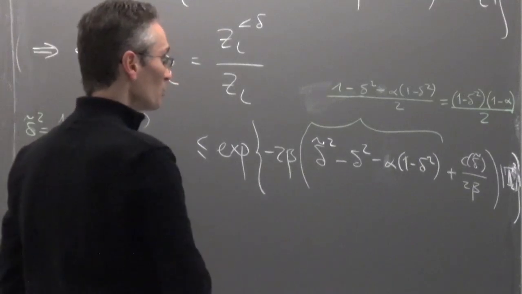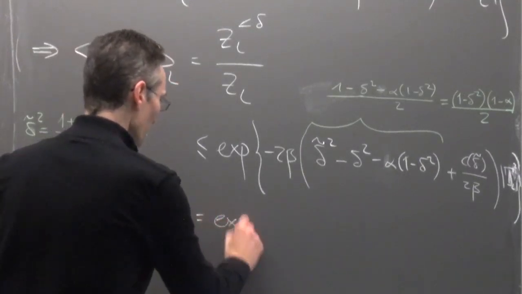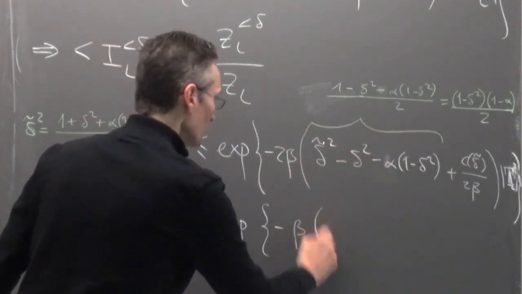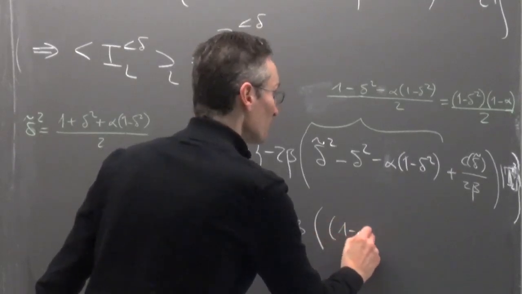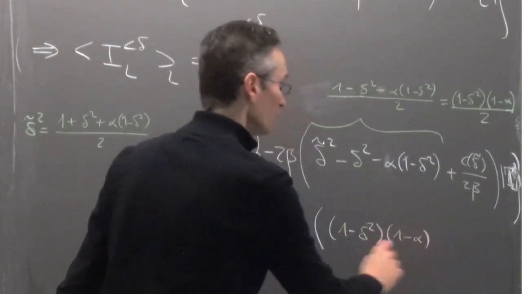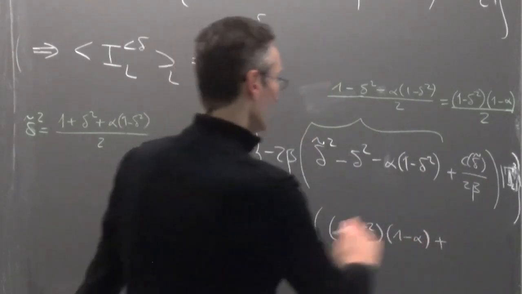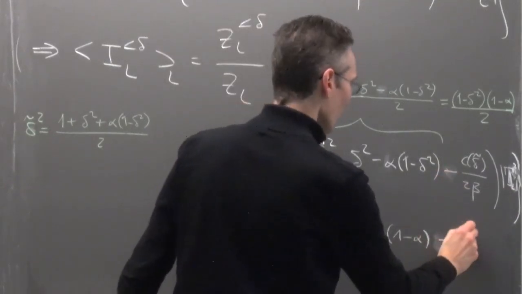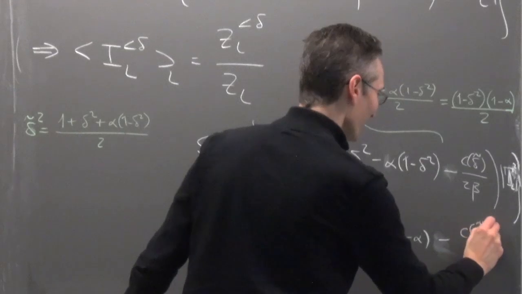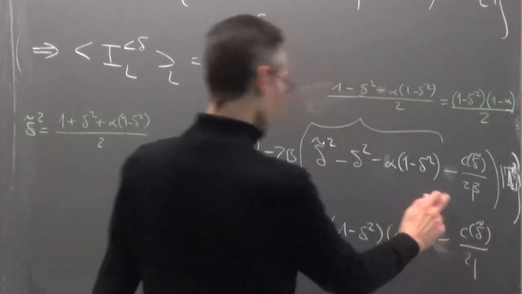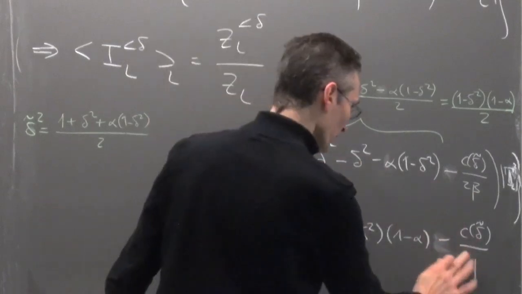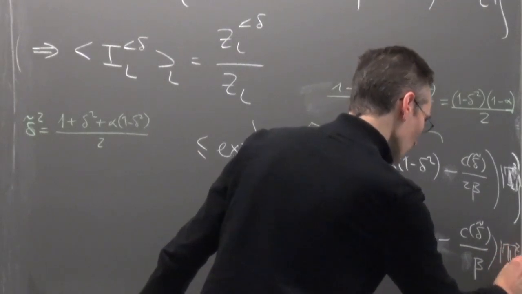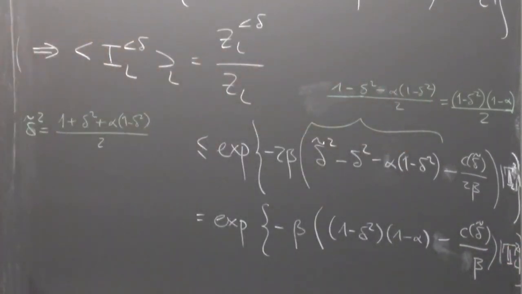And then what do you do? So this is equal, by our choice of delta, to E minus, so let me take out the 2, it will be beta, which multiplies 1 minus delta square, 1 minus alpha, right? Probably the sign should not help me here, so probably there is a minus sign. I have to fight against this guy. It cannot help me. I took out a factor of 1/2, so there is no 1/2 remaining. You'll check the computation, and then the size of the torus, T12. Okay, so that's the expression you get.